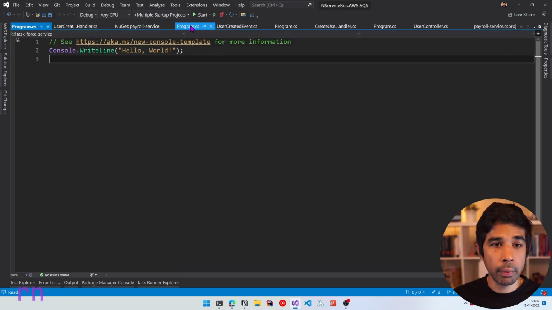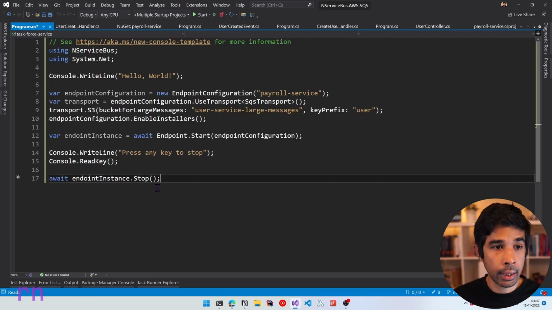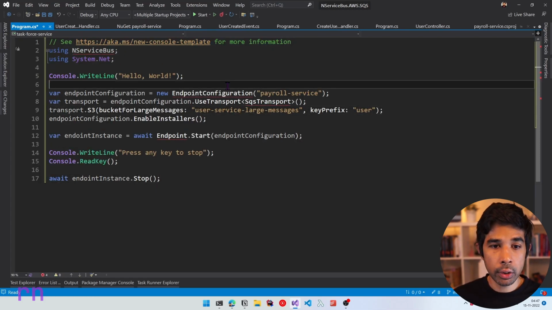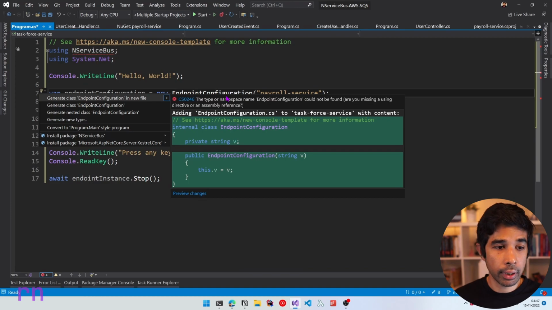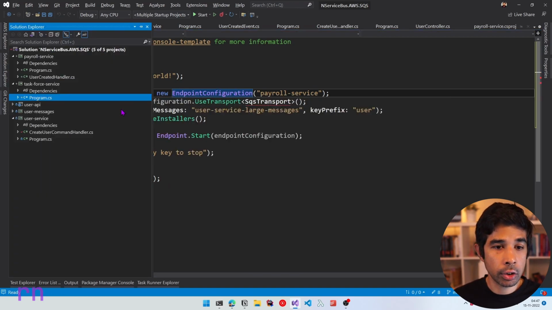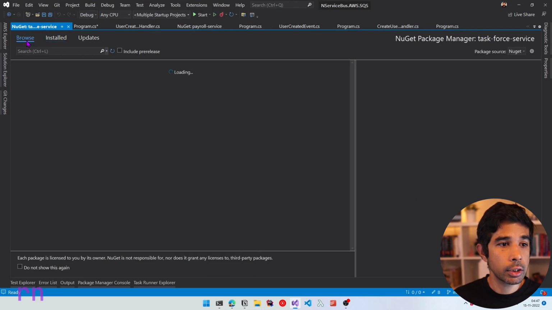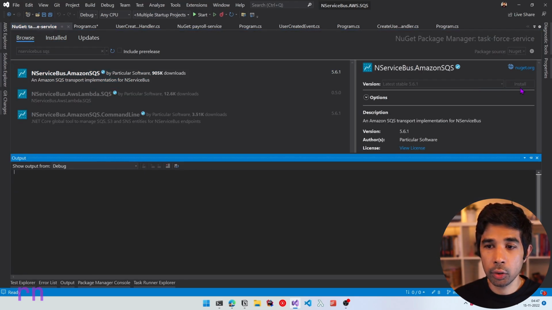Now very similar to the one before, let's copy the entire code and let's paste this in here. Let's also make sure to include the appropriate NServiceBus libraries. So let's install that. And like before, let's also install the SQS Transport. So let's right click, manage NuGet packages, and let's browse for NServiceBus SQS and add that to this library as